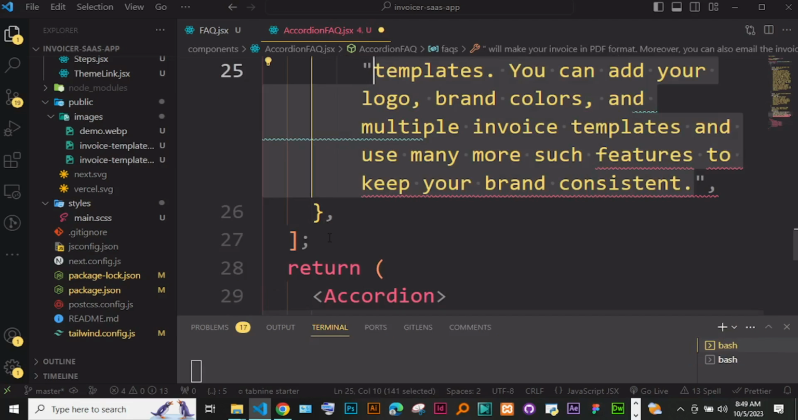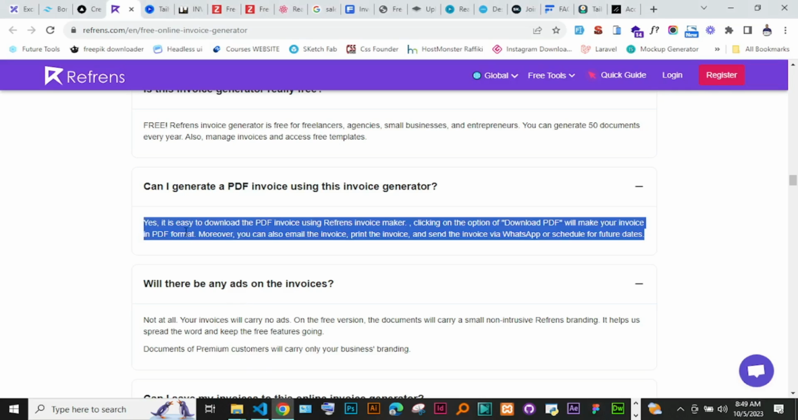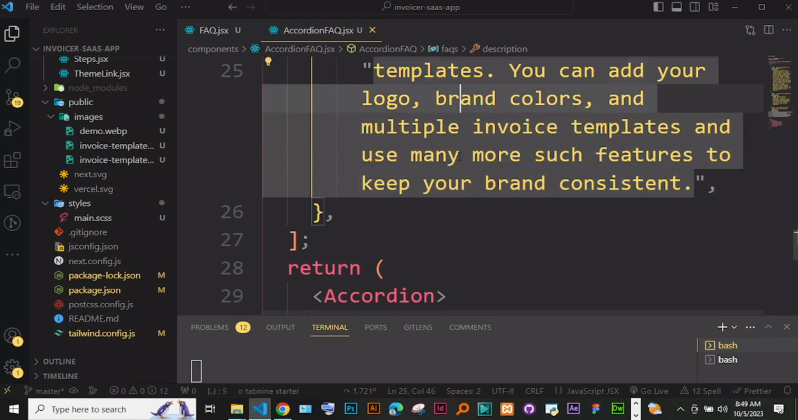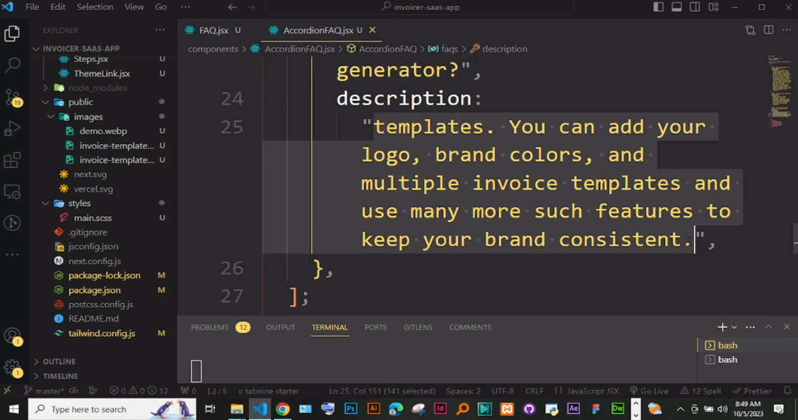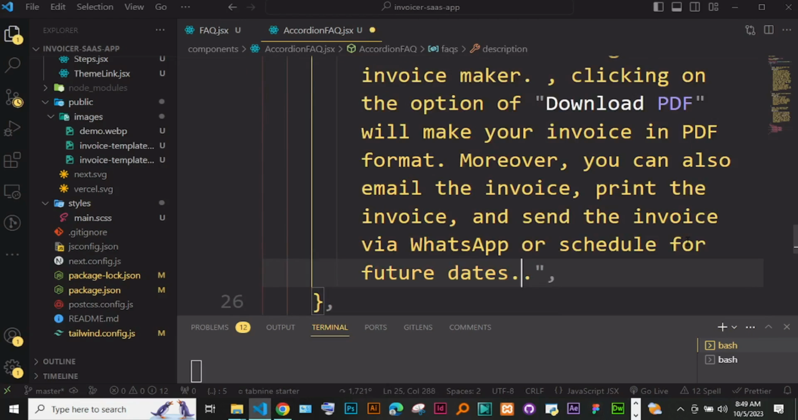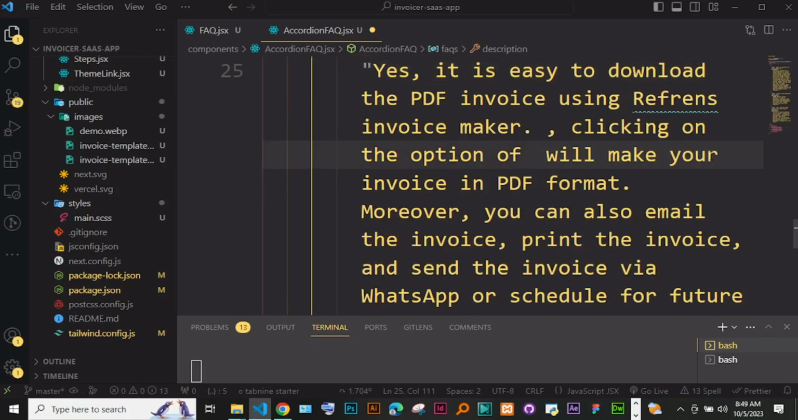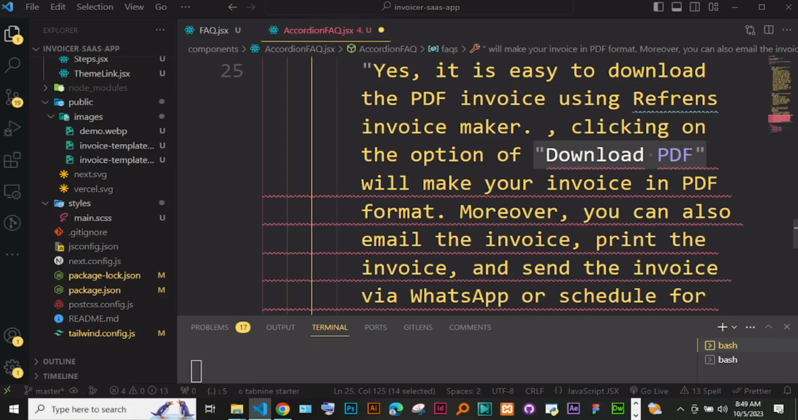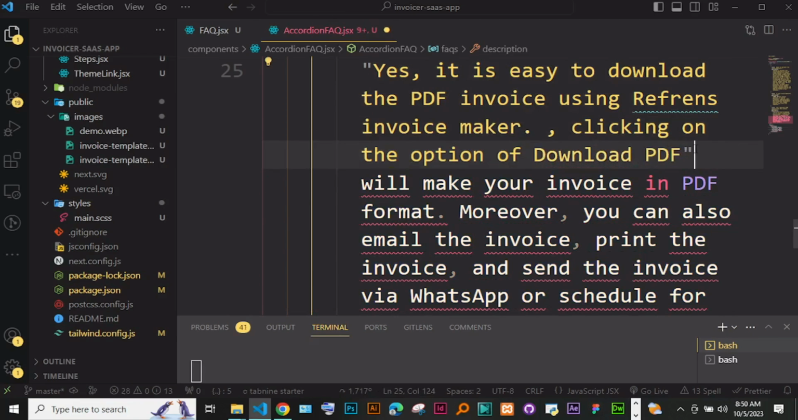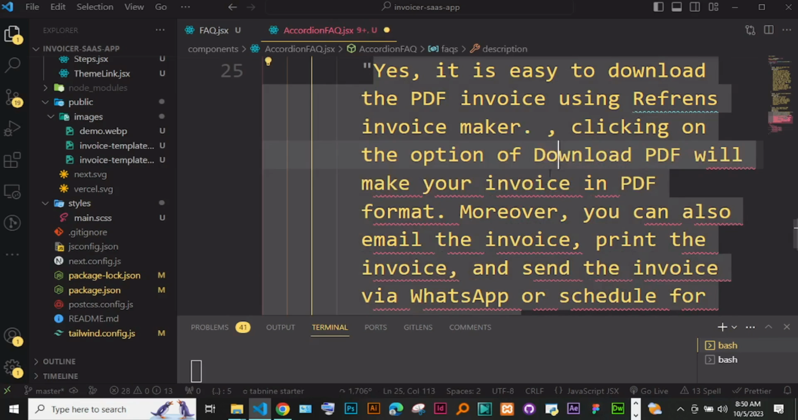Sorry, let me just go and copy again. In the description, there is this. Can remove this, clicking on the option of download. So if we just want it, just put like that. Okay,